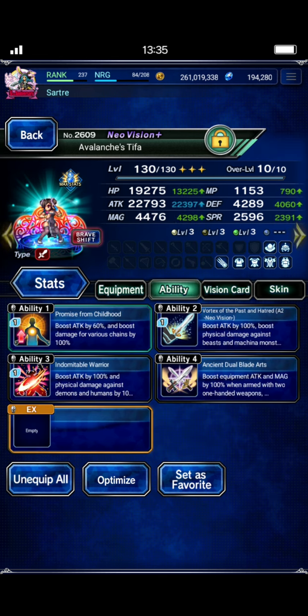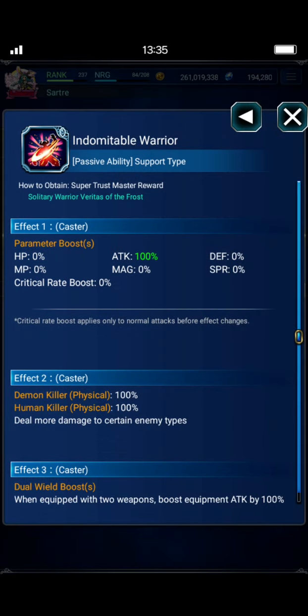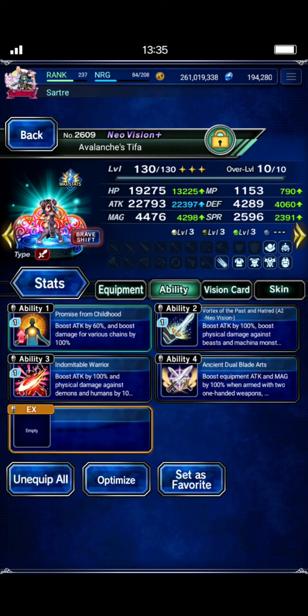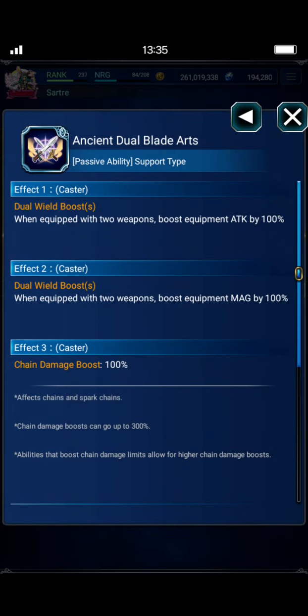And then, yeah, make sure she's capped on killers. So for me, I have a Frosty, so I picked him up. He's great for this because he's got lots of attack, 100% human killer, and 100% TDW, which is fantastic for Tifa. Again, you see this ancient dual blade art, so you get this from level 3 in the sealed tower,